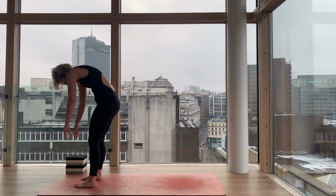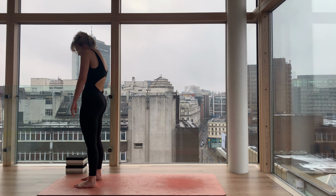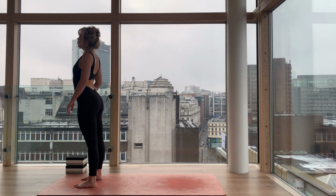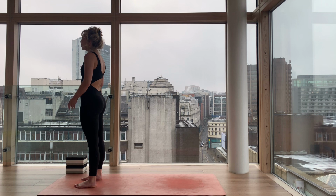Now take your time here. Notice your habitual tendencies to want to rush and get this over and done with. Can you slow down today? All right, now once you're lifted, let's have you place your dominant hand on your heart, your less dominant hand